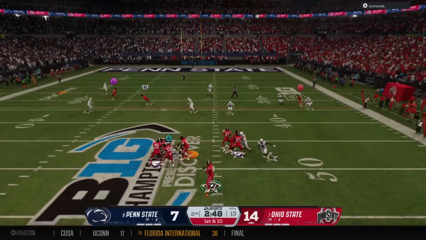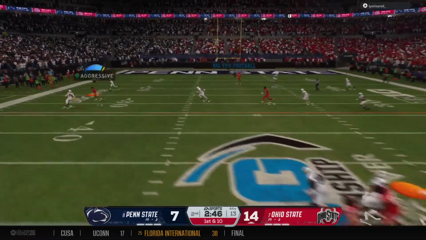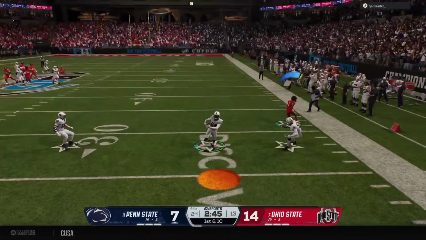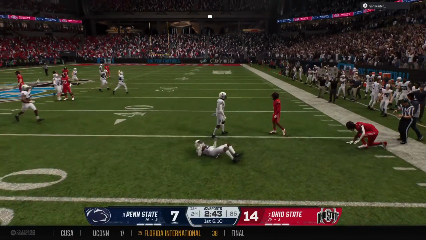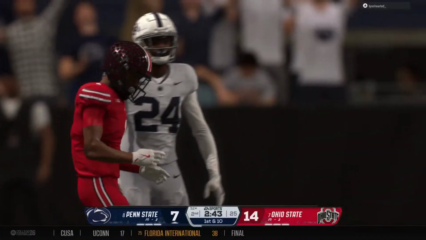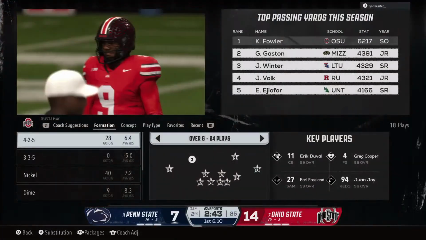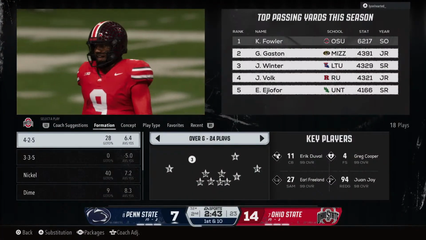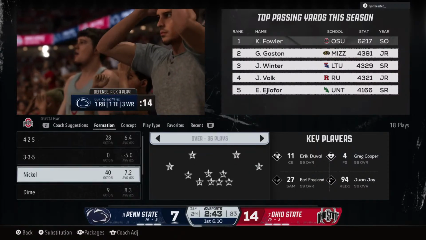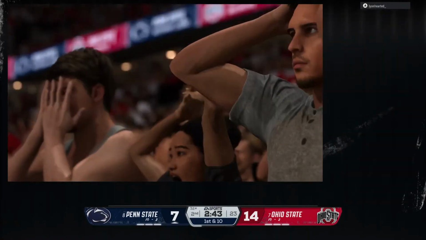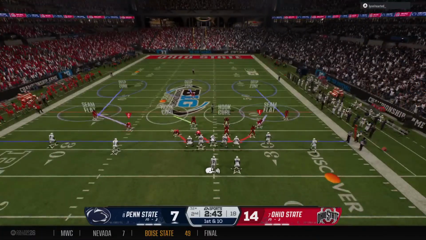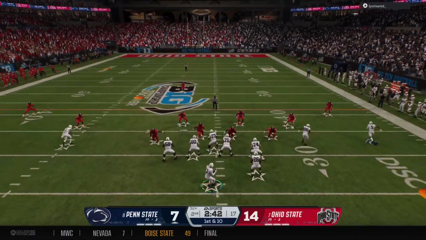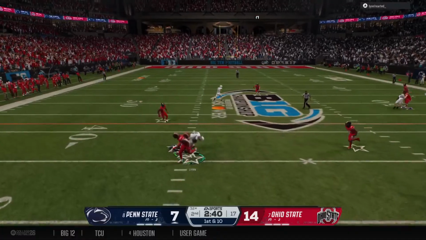Off the play fake, looking to throw. Pressure is coming. Contact on the throw. The pass is intercepted. Brought down after a short return, but the pick sets up the offense. Boy, the quarterback gets drilled on this play, Chris, as he lets go of that ball before the interception. I think he was just trying to get it out. Didn't seem to have a chance to set his feet. And what did it do? It made it a lot easier for the defender to come up with the interception.